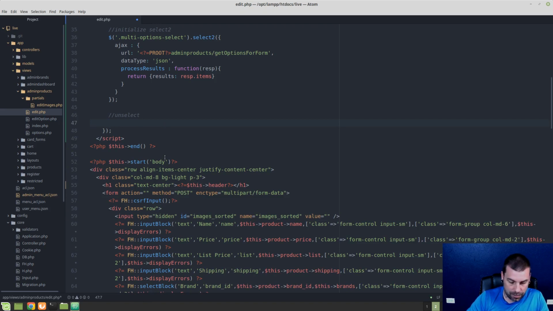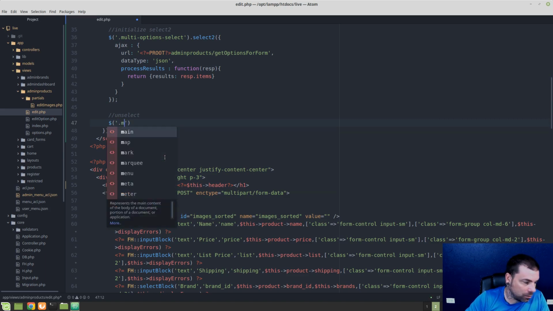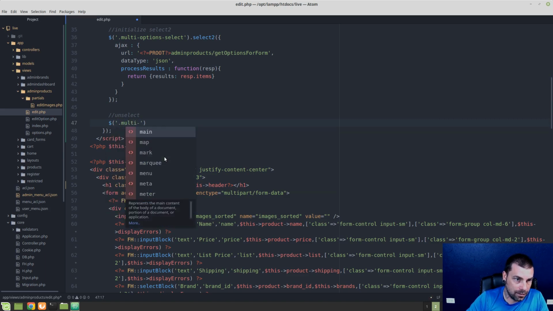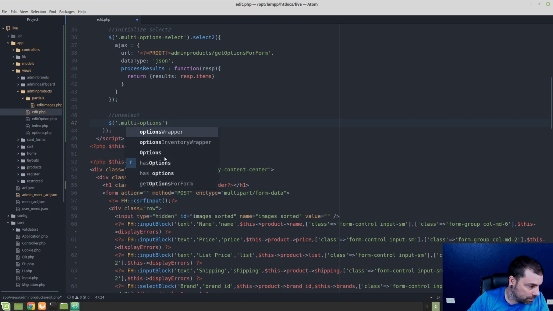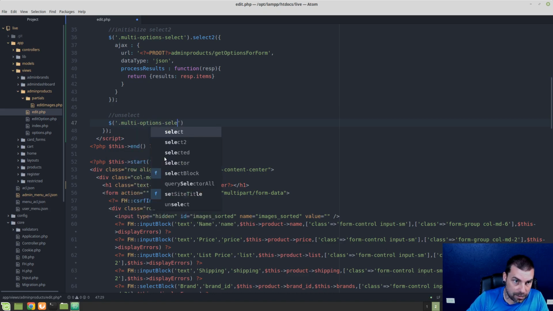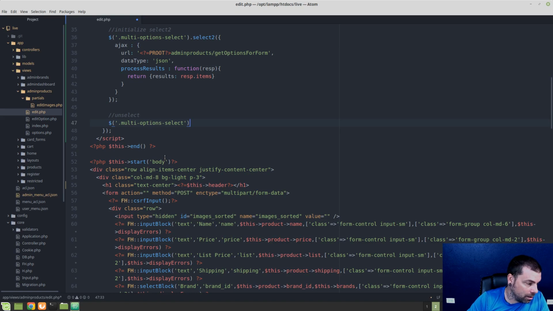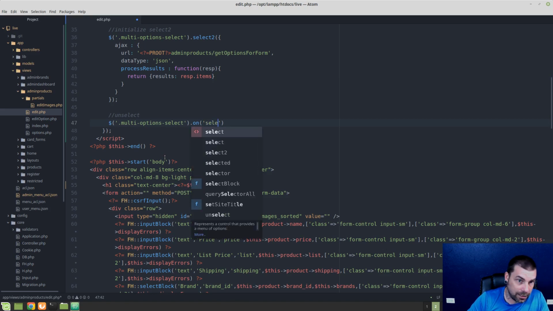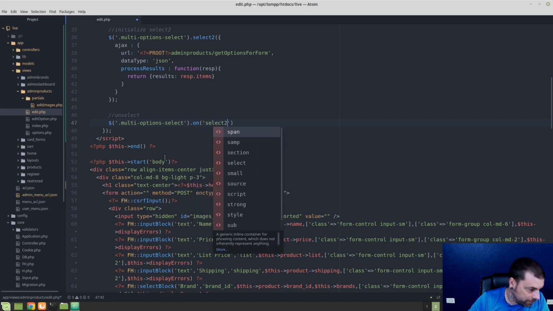Now we're going to use jQuery again, and we're going to find this multi options select, and we're going to call the on,